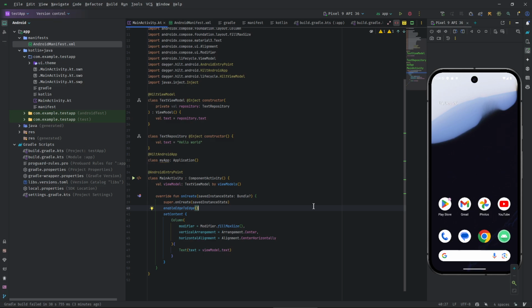If Dagger Hilt fails in your project, it almost always fails in the same 3 places. Not because Hilt is complex, but because the setup is unforgiving. So, in this video I'll show 3 Hilt configurations that look correct, compile, and still crash or fail, and